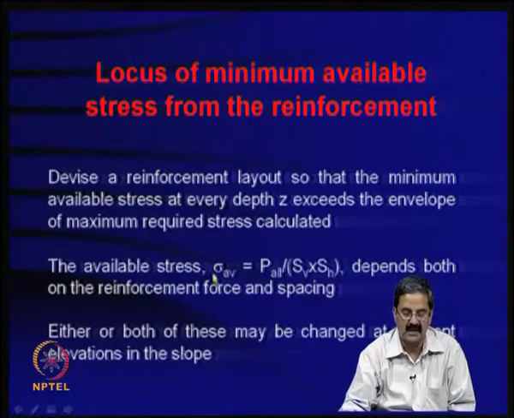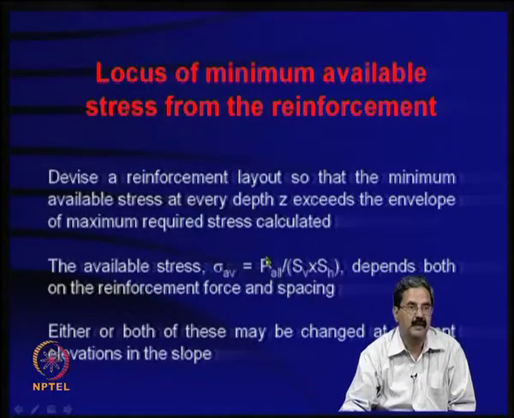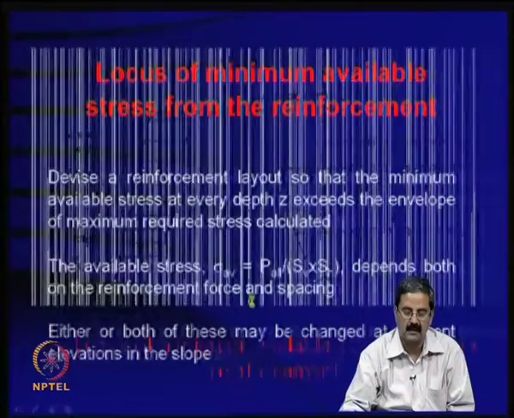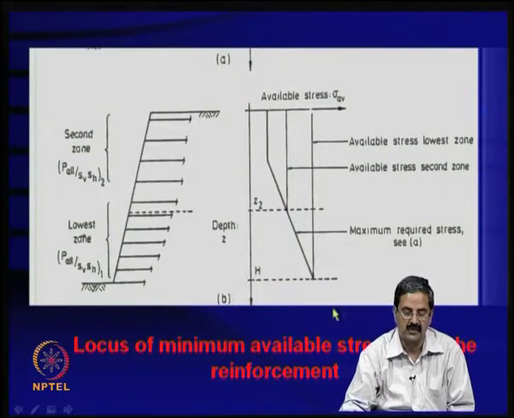So, you try to see that the available stress in the reinforcement, say the allowable, this is what you are going to get from the company. The available stress should be more than the required stress, that is what we do. Suppose you take some reinforcement bar in nailing, you can always say that allowable force into S_V and S_H should be more than the required stress. If you are able to do that, it is fine, job is done. That is what I am trying to show here.